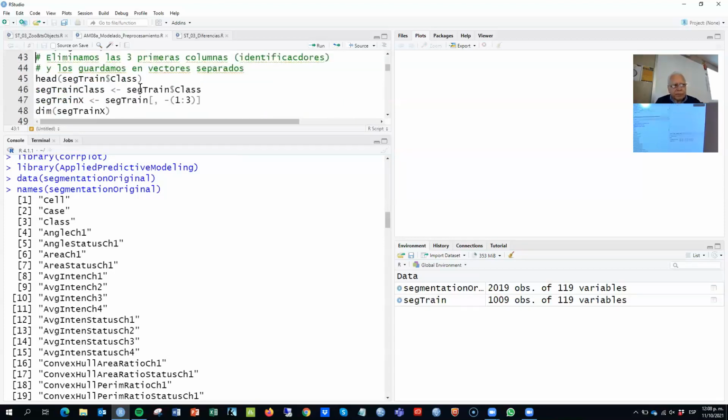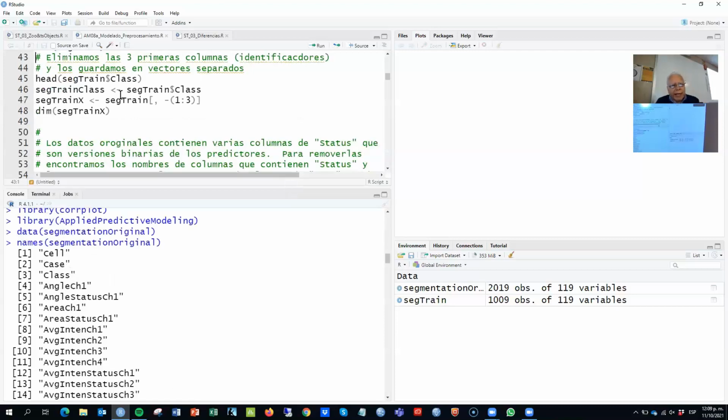Now, we're going to eliminate the first 3 columns. Well, we need to keep the class column as a response. We need to keep that response, of course,